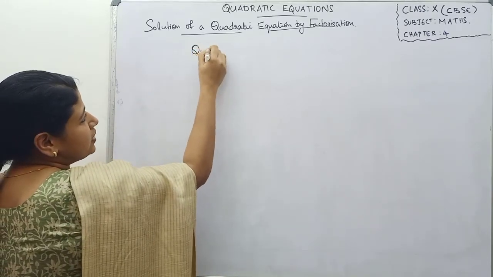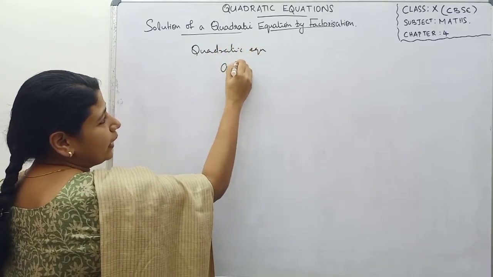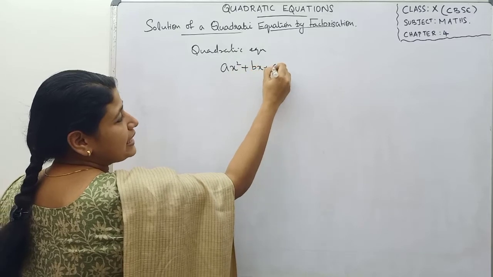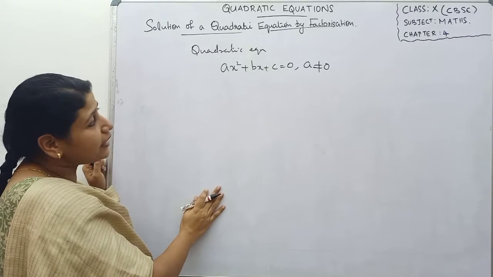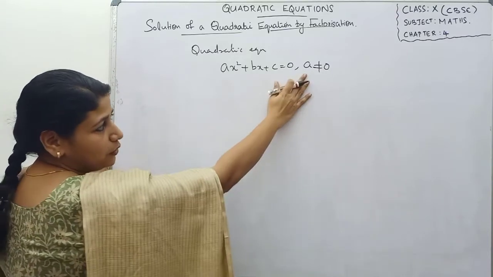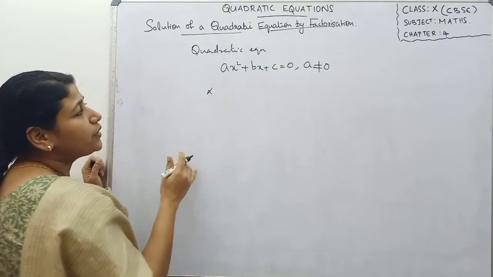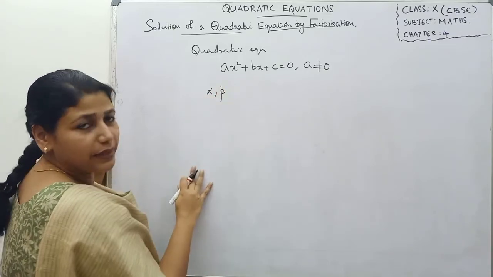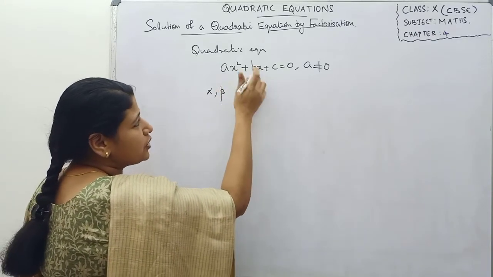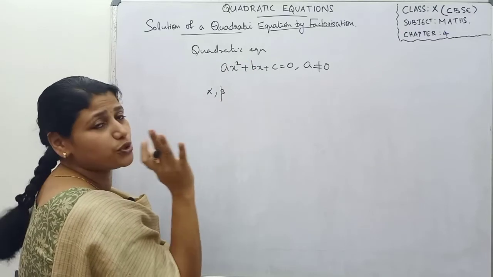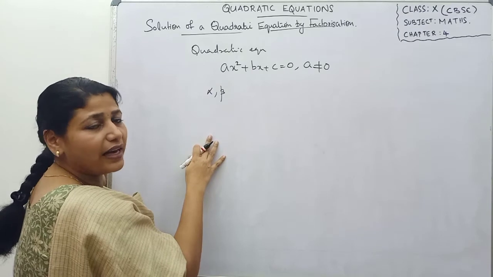The general form of a quadratic equation is ax square plus bx plus c equal to 0, where a not equal to 0. So this is the general form of a quadratic equation where a cannot be equal to 0. If you are having two roots such as alpha and beta, as you know that this is a quadratic equation, that means this is an equation of degree 2. At most two solutions are there for this quadratic equation, which if you are taking that as alpha and beta,